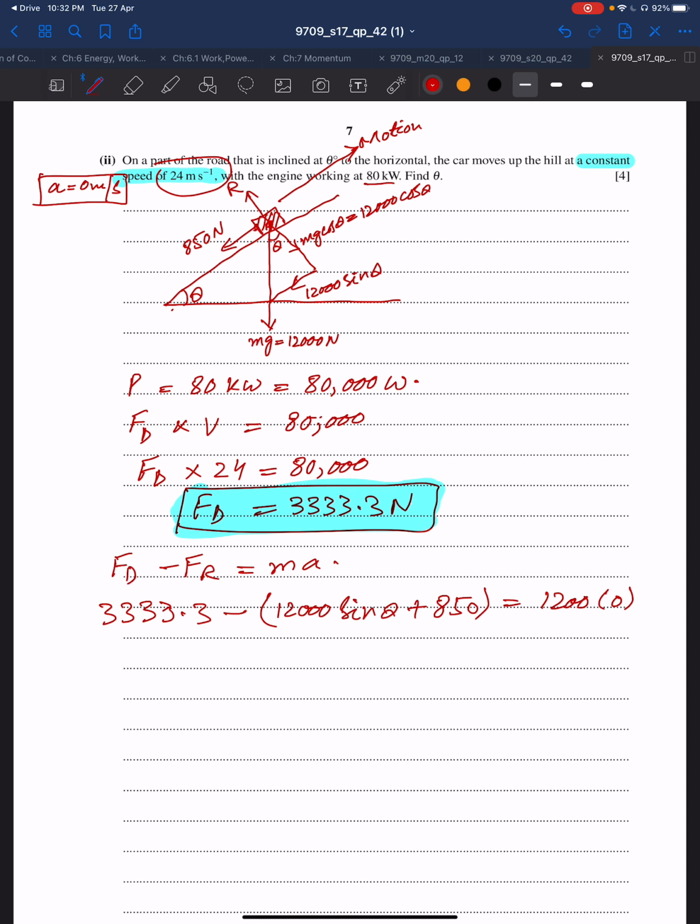So this will become 3333.3 minus 12,000 sine theta minus 850 is equal to 0. So 12,000 sine theta is equal to,